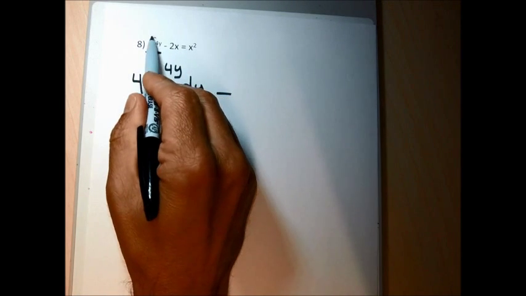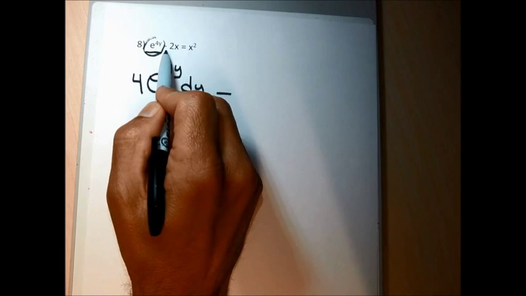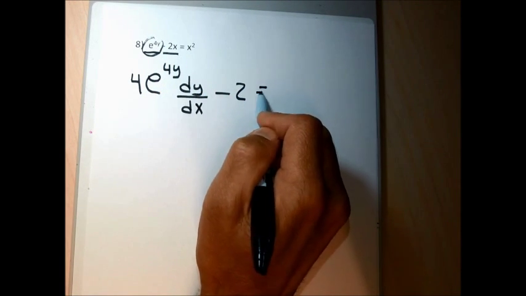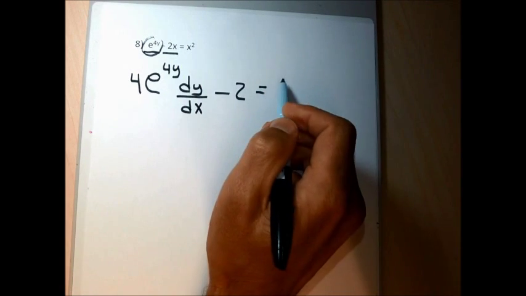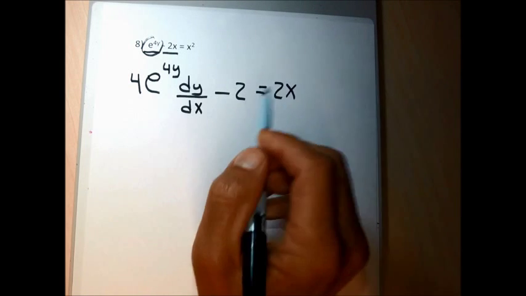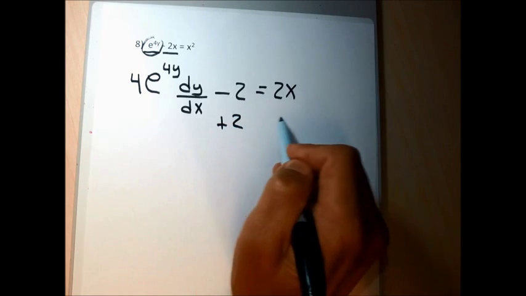Done with the derivative of this piece. Now I'll take the derivative of the minus 2x, which is minus 2. And I'll take the derivative of x squared, which is 2x. Now I need to solve for dy/dx. I'm going to add 2 to both sides